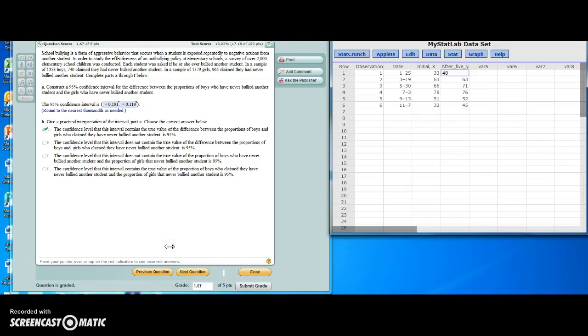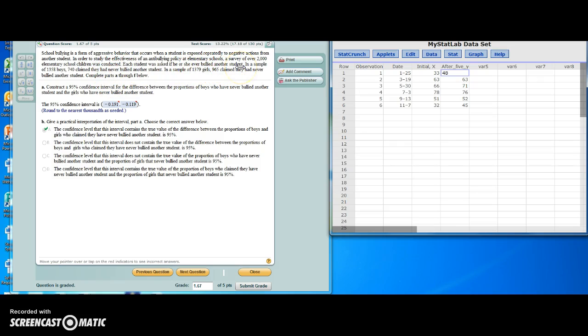Hello, this is another example from the practice final exam. It is about school bullying. And in this one, it was studying the effectiveness of an anti-bullying policy at elementary schools. So a survey was conducted of over 2,000 elementary school children, and each student was asked if he or she